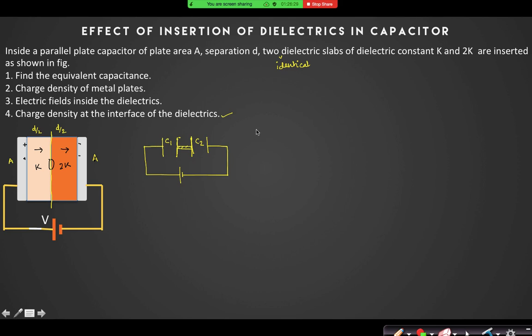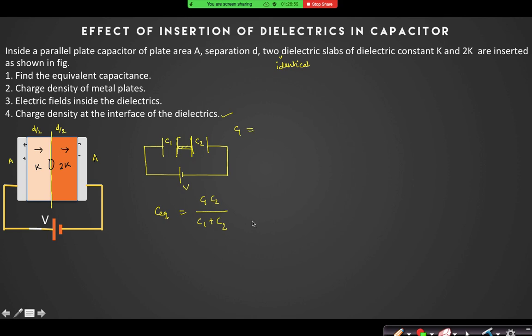First, in order to find the equivalent capacitance, you can always take a metal plate in between them, a very thin metal plate, so that I can isolate the capacitors and I can find their equivalent. This is the only equivalent representation, right? So, what is the total equivalent capacitance? I can write it is C1 C2 by C1 plus C2. That we can easily find.